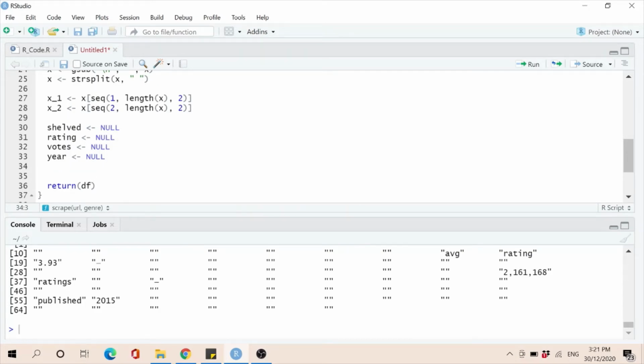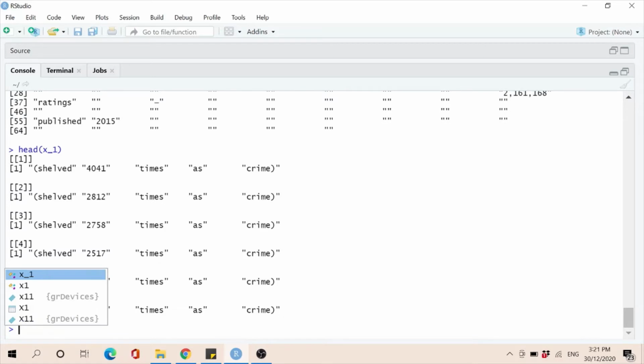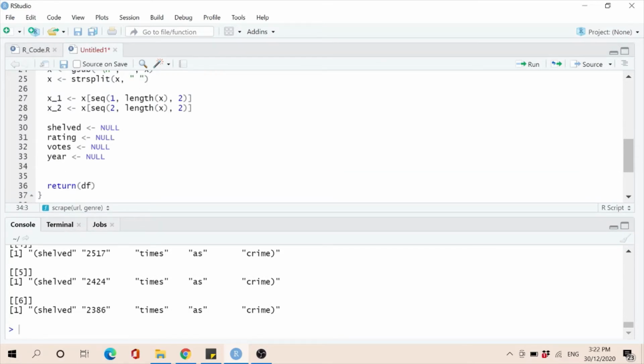Now we're going to use a for loop to get the values of the information that we need. Let's take a look at X1 again. In X1, the value that we want, which is the number of times the book has been shelved, is the second value inside each element of X1. So what we're going to write here is a for loop, for i in the range of 1 until 50, which is the number of books in the original list. We're going to extract from X1 the second value from each element right here. As for X2,